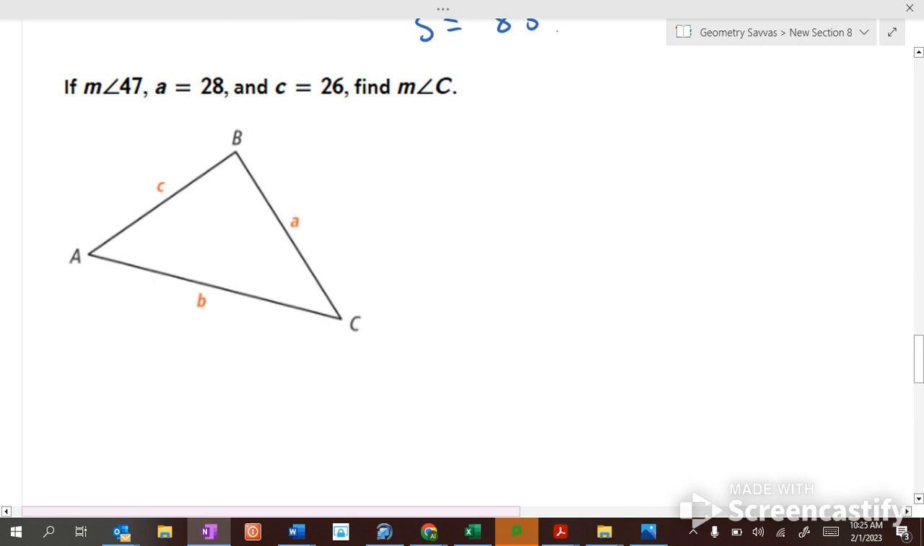So, measure of, if A is 28 and C is 26, and it says measure of 47. I think they meant measure of angle A is 47. How do we find measure of angle C? Well, it's just simply sine of C, because we don't know that, sine of my angle over its opposite side